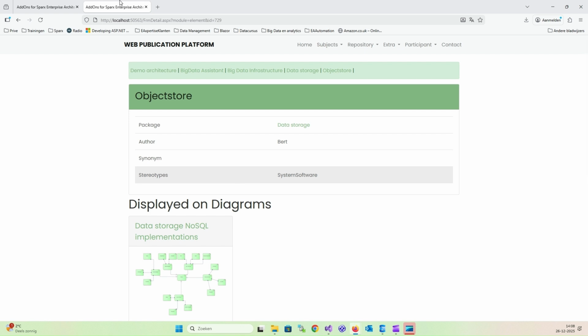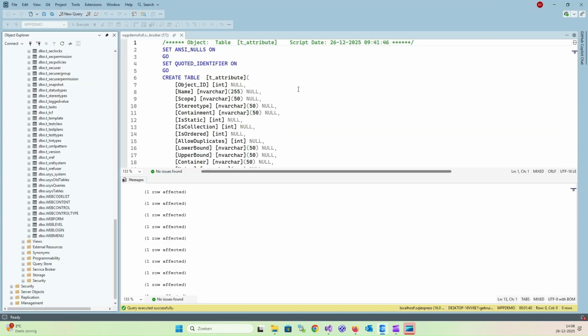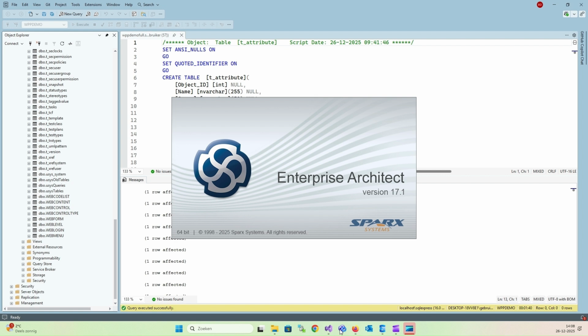So here basic information. One last step, that is what is important, because you see now that we have the web publication platform running. When you are going to modify the content of your repository, and the Sparx Enterprise Architect has to know where the diagrams are. So you have to make an export of the diagram. And therefore I created something easy for you. So we are going to create a connection to that SQL Server